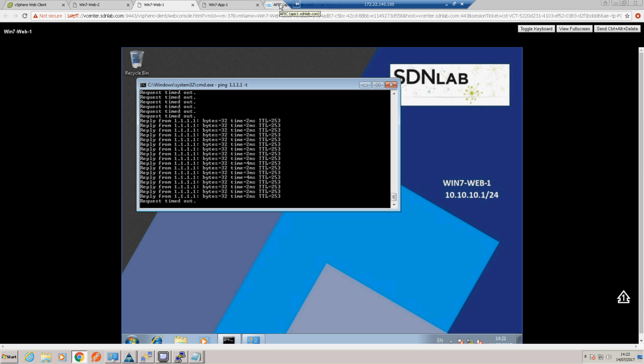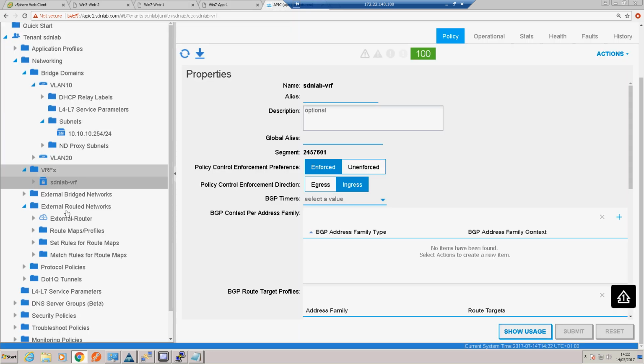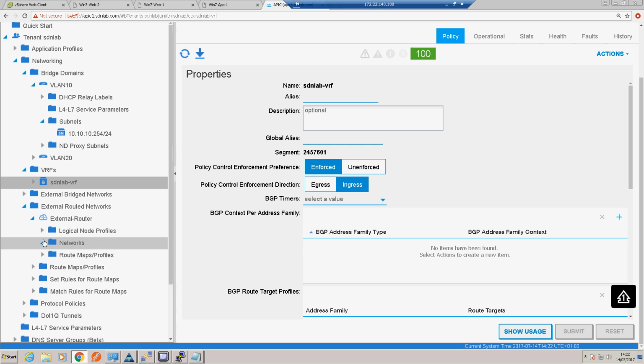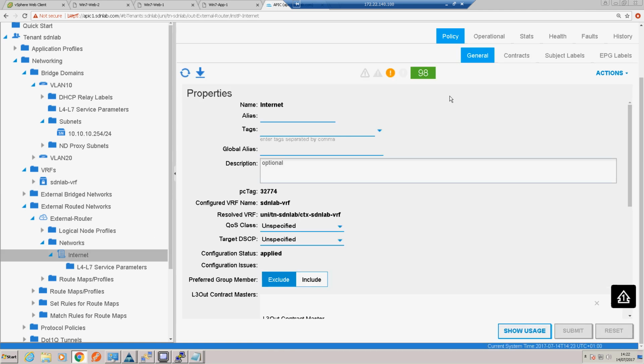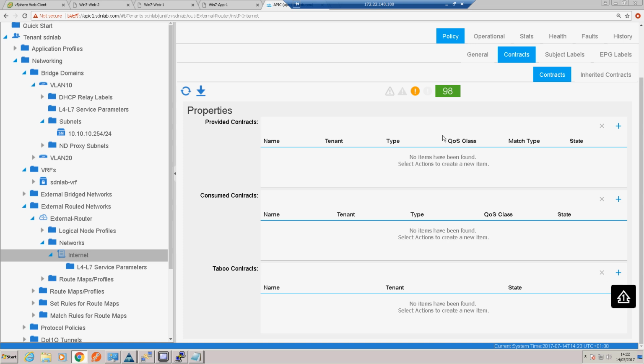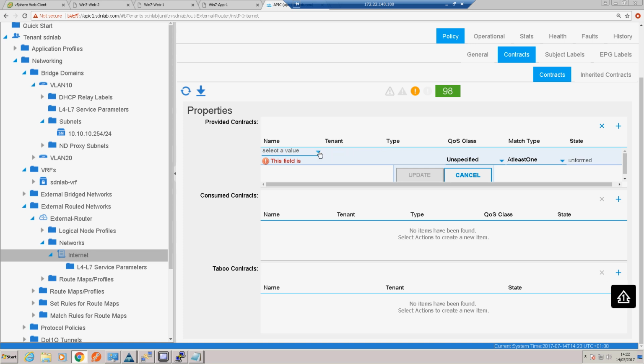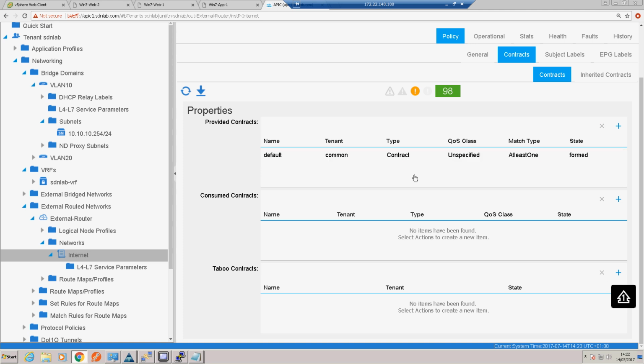So let's go into our external routed network and find our internet external EPG, which is there. Let's go into our contracts and assign a contract. Again, the contract we're going to use is the default common contract, which is a bidirectional contract, so it doesn't matter if it's a provider or consumer, it'll work both ways. So I'm going to update that, and let's go to our web EPG